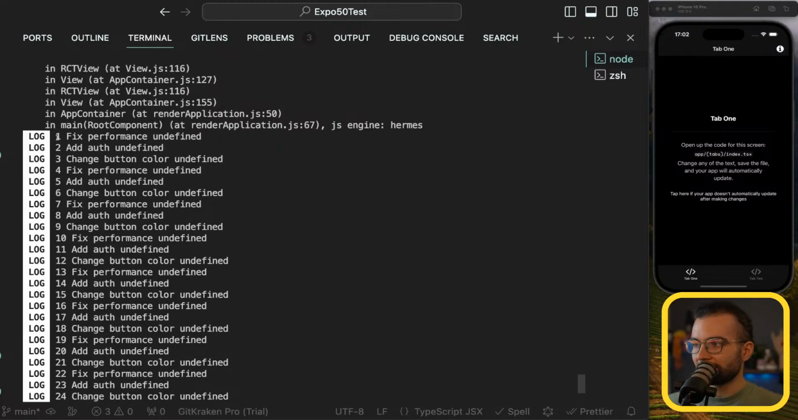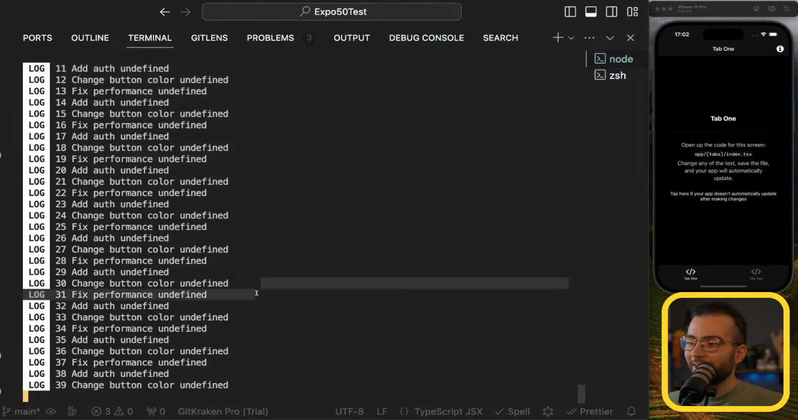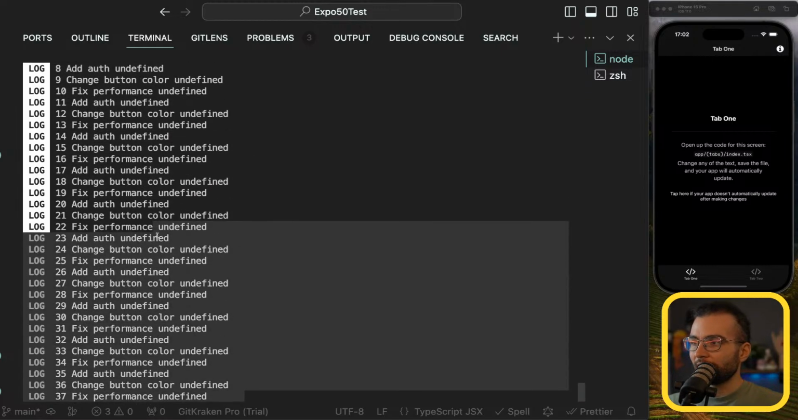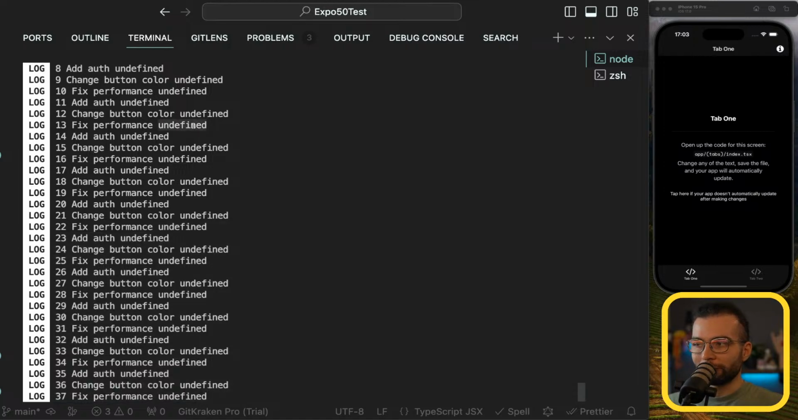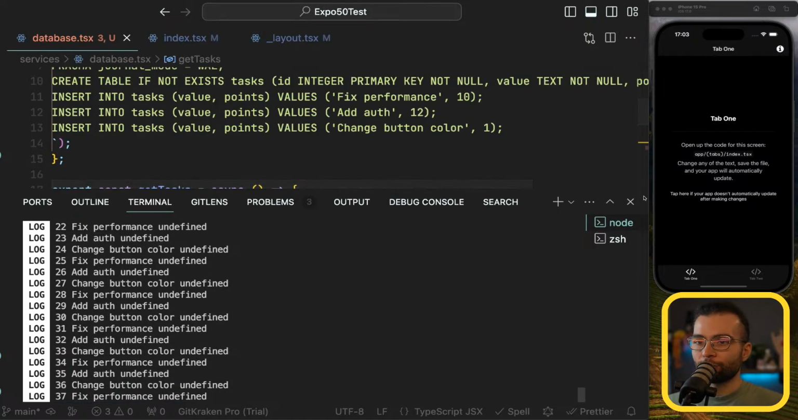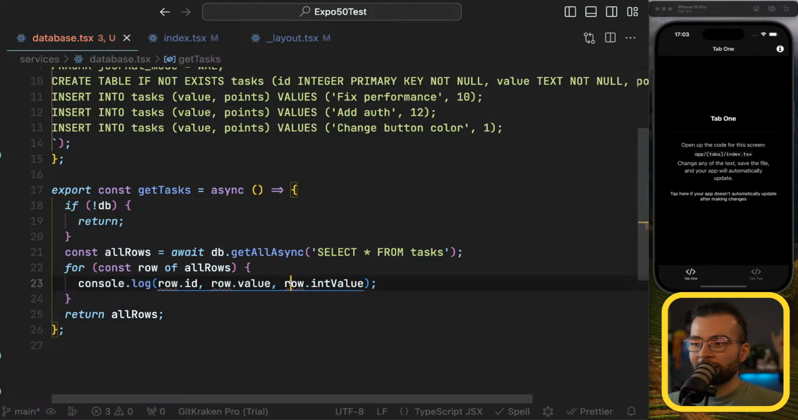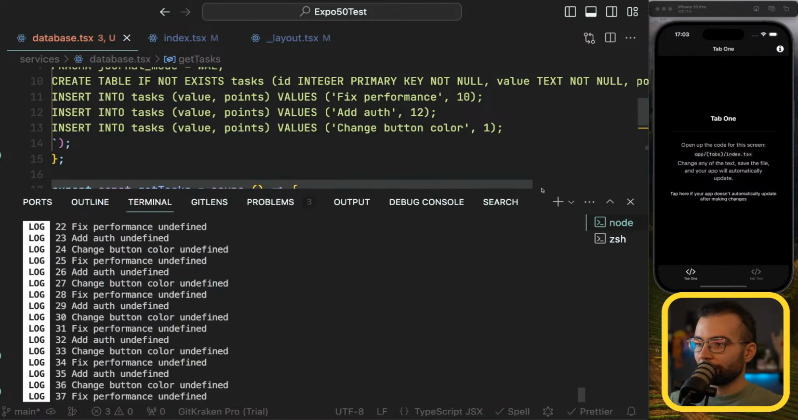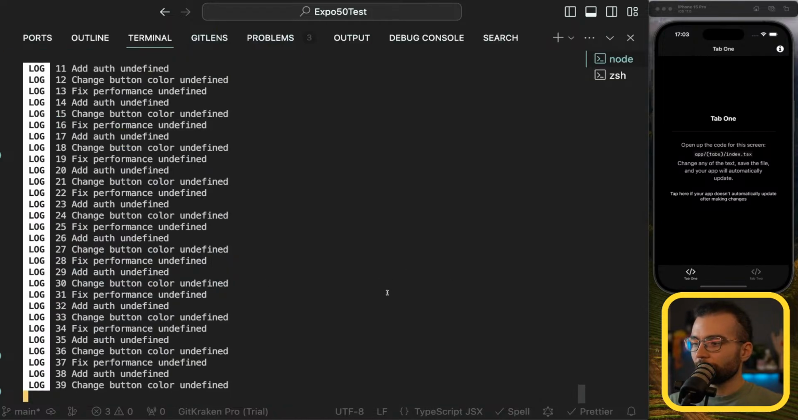All right, we already see a lot of items there, but we see more than we expect, and the last one is always undefined. Why is it undefined? That's because we are accessing row.intValue when we should access row.points because we changed the name. If I do that and then reload,